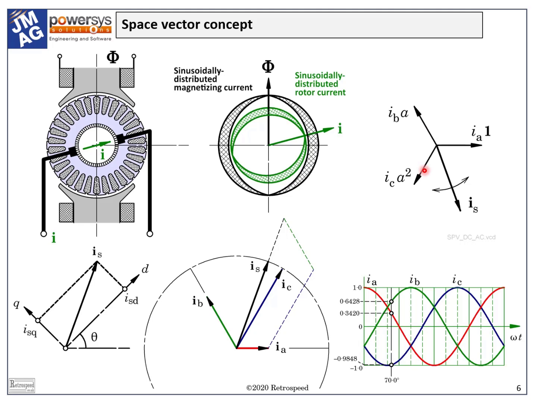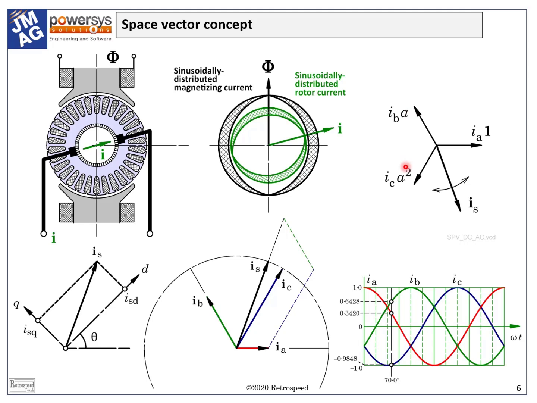That's because the phase winding axes are normally displaced 120 degrees from one another in physical space around the bore of the stator. When we say 120 degrees, of course we mean electrical degrees. So 120 degrees means 2/3 of a pole pitch being 180 electrical degrees, and two pole pitches 360 electrical degrees. We can also say that the complex numbers 1, a, and a squared are themselves space vectors, or unit space vectors along the three winding axes.